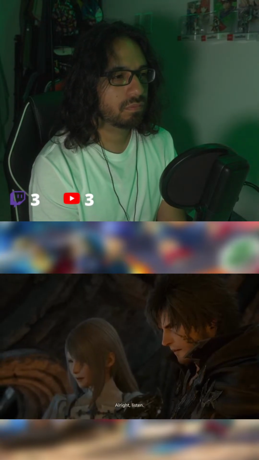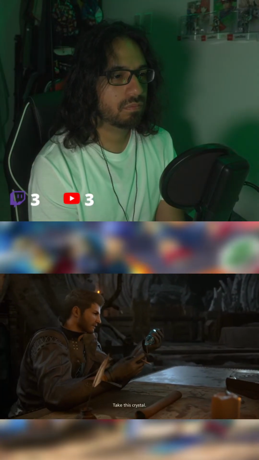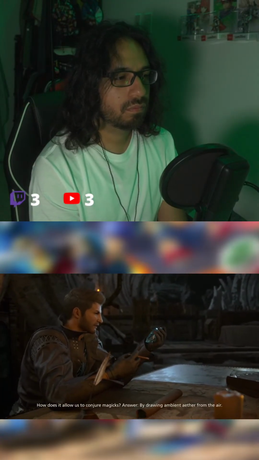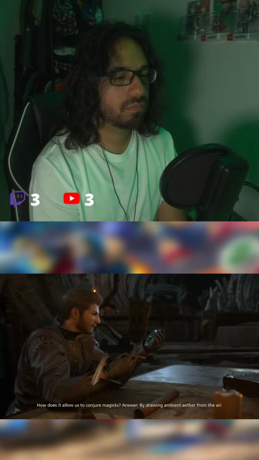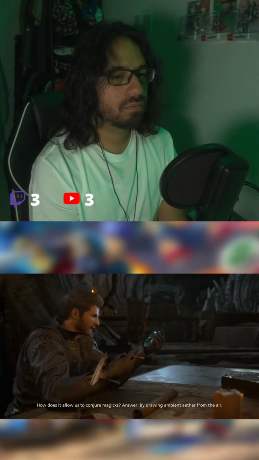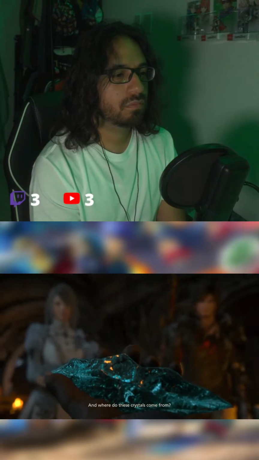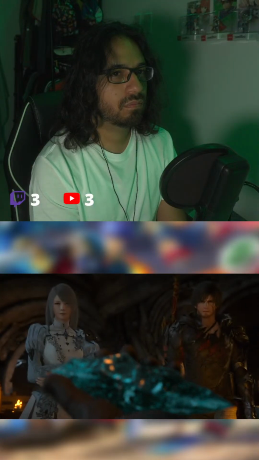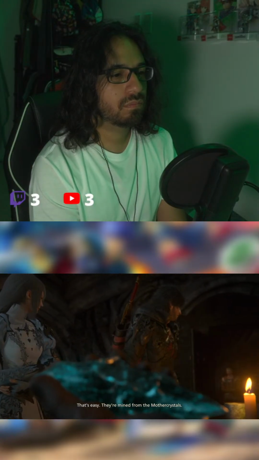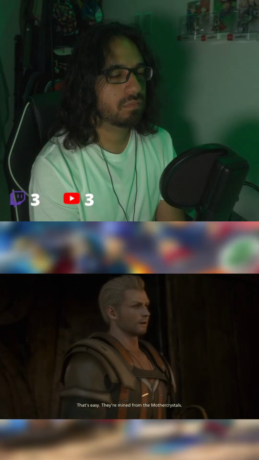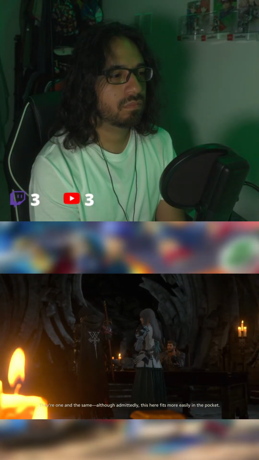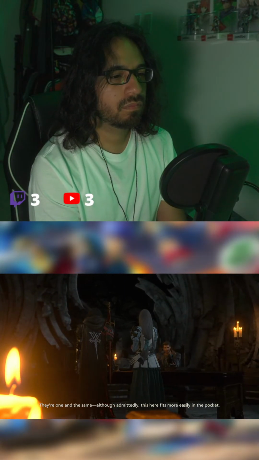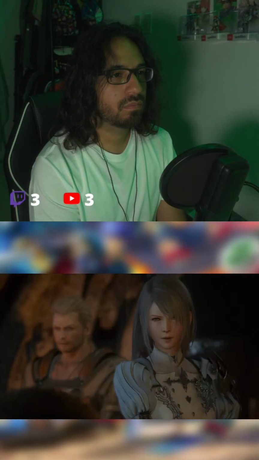All right, listen. Take this crystal. How does it allow us to conjure magics? Answer, by drawing ambient ether from the air. And where do these crystals come from? That's easy. They're mined from the mother crystals. They're one and the same. Although admittedly this here fits more easily in the pocket. But